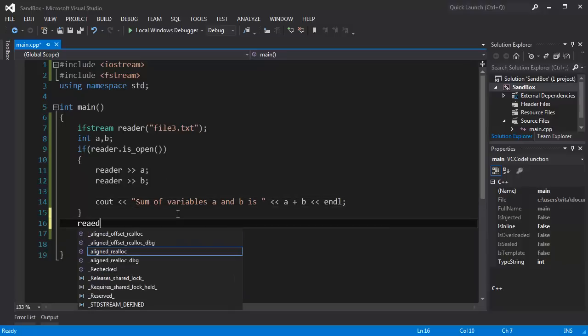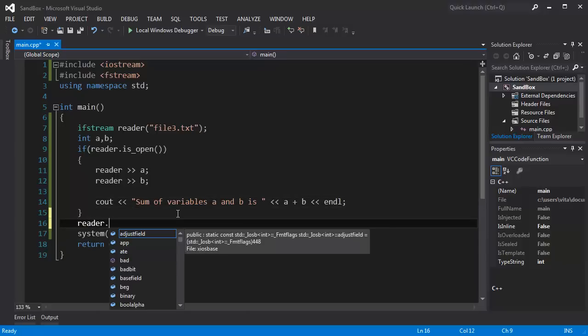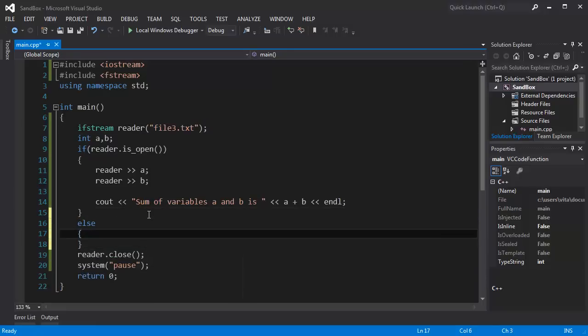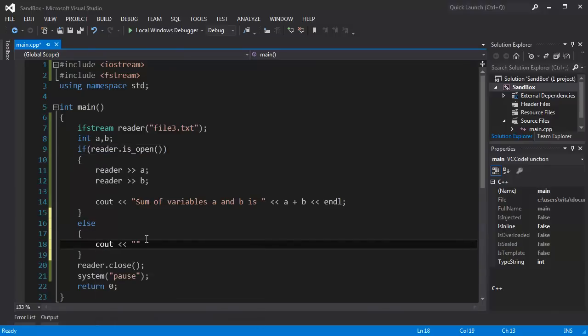Also, we need to close the file that is opened, but you should note that if the file doesn't exist, then the program can't read the values. So because of that we check if the file is open, and if the file is not there, we can prompt the user for changing the path or something like that, or we can just say the file isn't available at that location, or just print an error or something like that. So I'm going to type error,